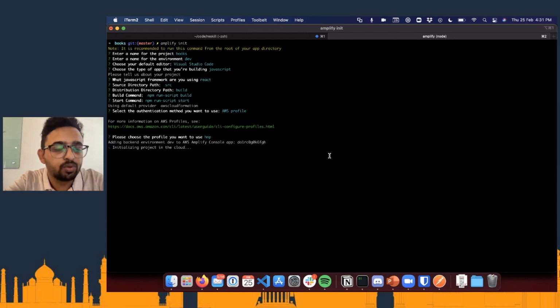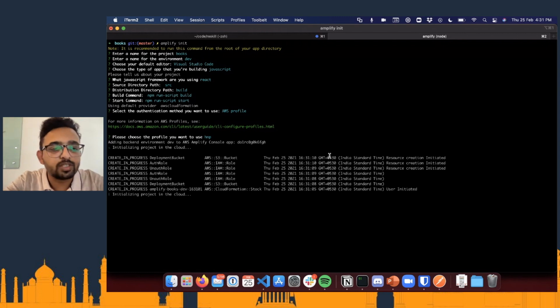Now what it is going to do is create an empty CloudFormation project inside AWS. It will not have any resource per se. But once that is done, we can use Amplify CLI to add more and more resources into the stack.